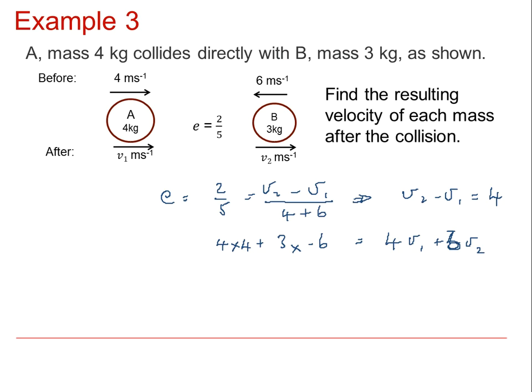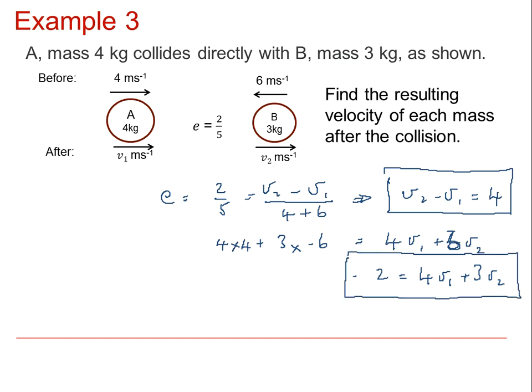If we calculate that, we get that negative 2 is equal to 4V1 plus 3V2. Now we can solve these two equations simultaneously. The first is V2 minus V1 equals 4, and the second is 4V1 plus 3V2 equals negative 2. If we take 4 multiplied by the top equation and add it to the second equation,